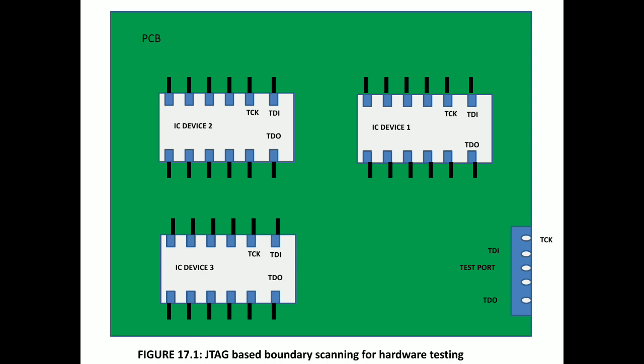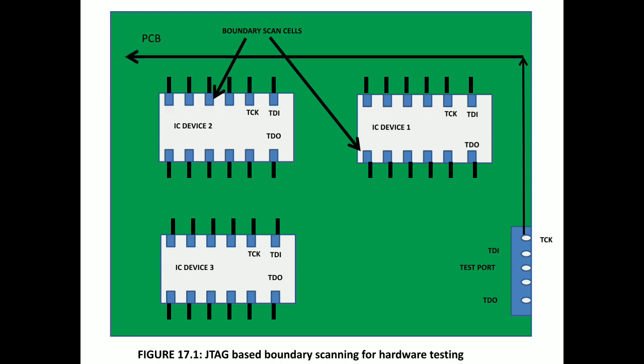We'll try to see the connections, and from those connections we'll try to see the working flow. First, these are the boundary scan cells. First we will connect the clocks of each IC. You can see all the clocks are synchronous. Next we will get the input from the external device. Through the TDI input we are getting the input from the external device, that is given to the TDI input of the first IC.